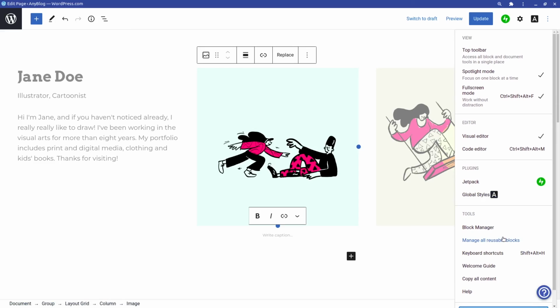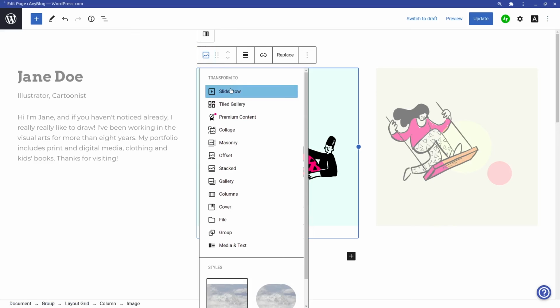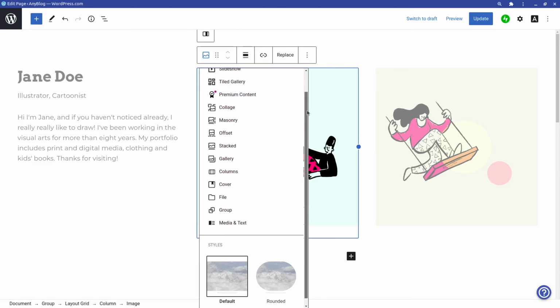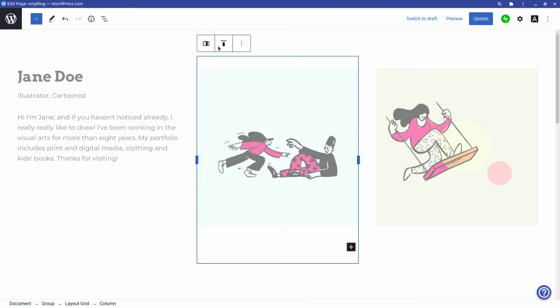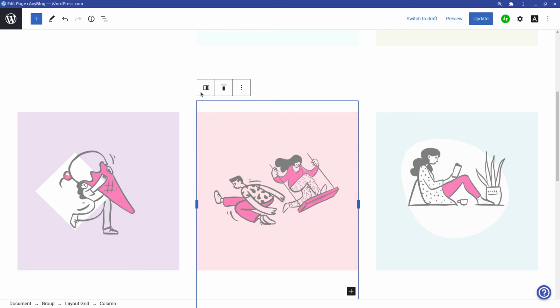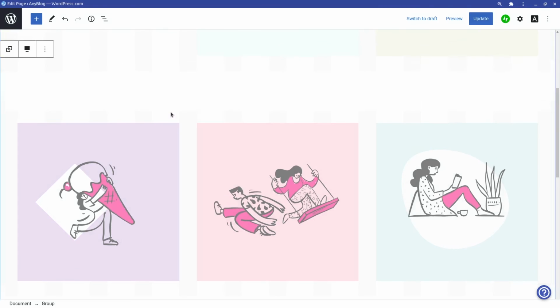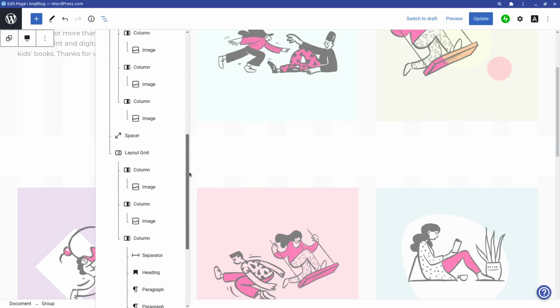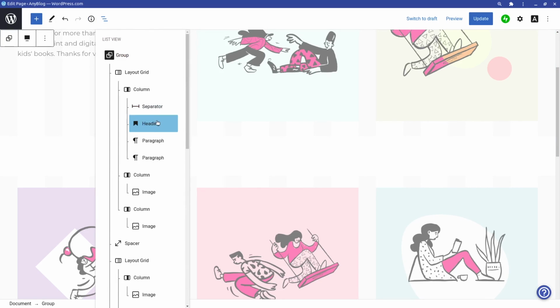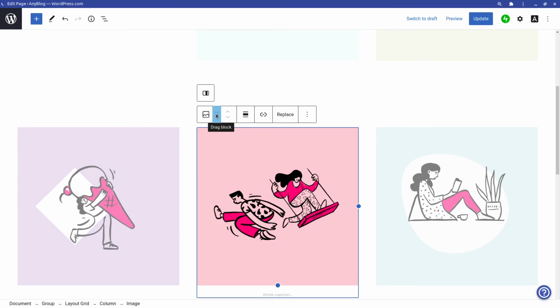Alright, before we go into the reusable blocks here, we look at here. So we can choose this, transform to any type of media. And then we can also select the parent. So if you select a column, and then if I select the parent, then it's going to select the column. Then I go through here again, then it's going to select the whole layout grid. Then if I select again, then it's going to select the whole group. So it's like this list view you saw just now. So you go up one tier, then up one tier again, up one tier again.